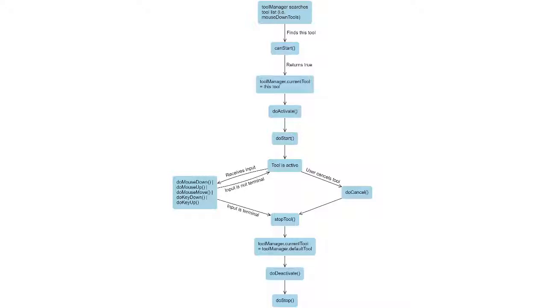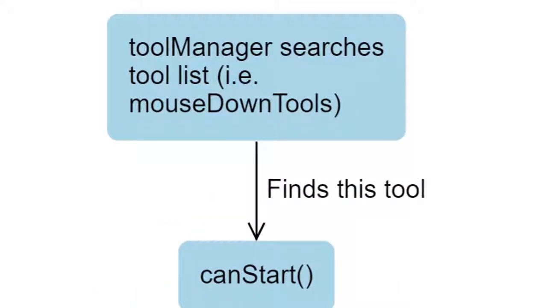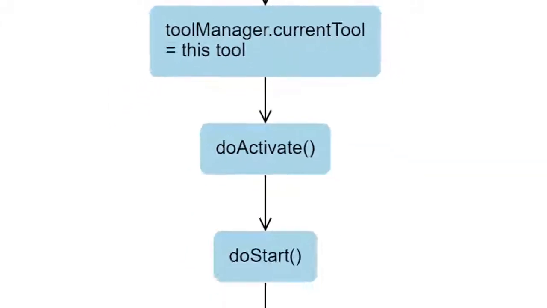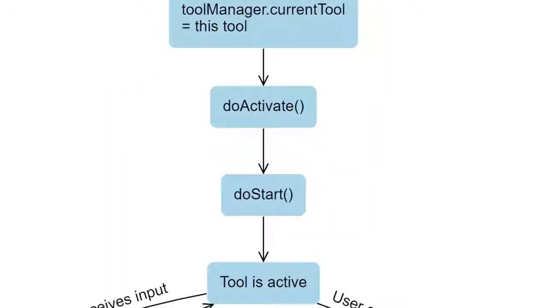Input events registered by the page are canonicalized into GoJS input event instances and handled by the diagram.currentTool. If currentTool is a tool manager, it checks for the first mouse down or mouse move or mouse up tool that can start. If it finds such a tool, it makes that the new current tool, so that it can handle all events until it decides it's finished.